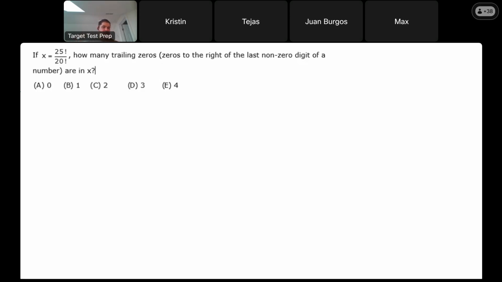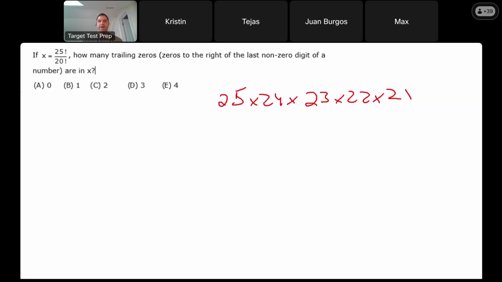All right, so I see most of you guys got this correct. Now, trailing zeros, just as a general rule of thumb, you get a trailing zero every time you have a 5 and a 2, okay? Because 5 times 2 is 10, 10 ends in a 0. When you simplify this, you're left with 25 times 24 times 23 times 22 times 21, right? Now,